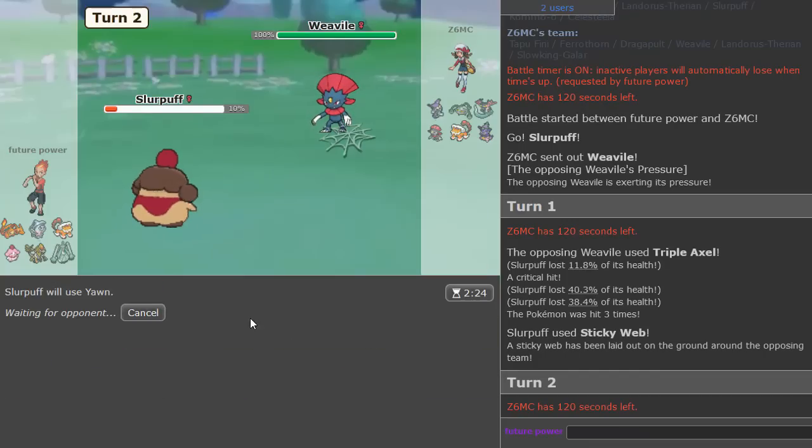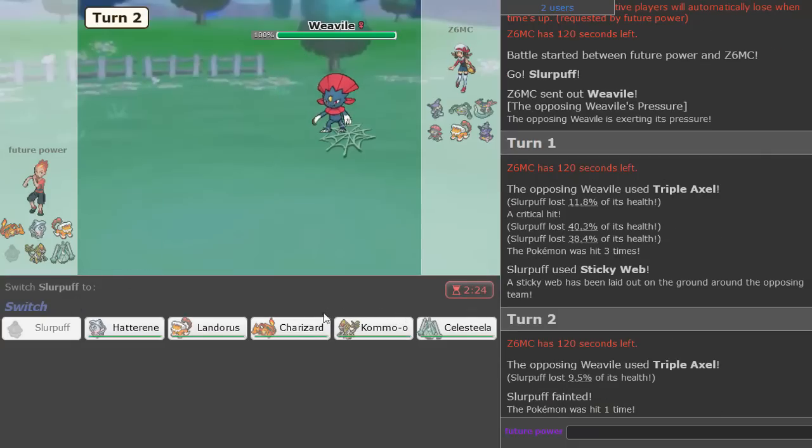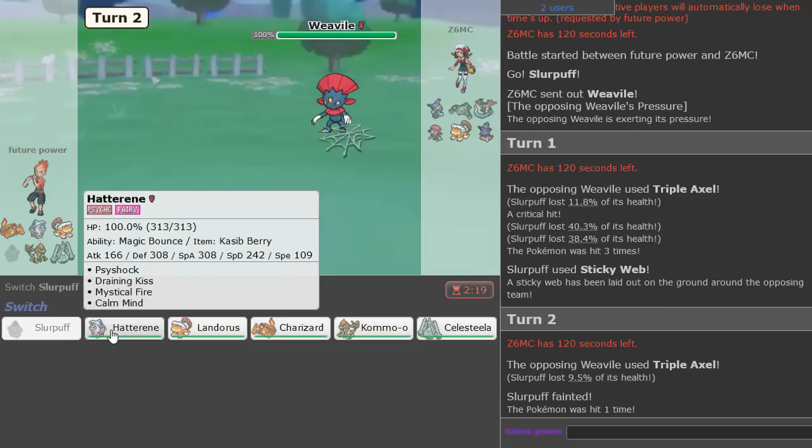And so we can now click Yawn. I don't think this was Banded. I'm not sure. Maybe Endeavor. Here is another option. So yeah, just Triple Axel again. That is fine. It's not as strong as I thought, so I can now go into